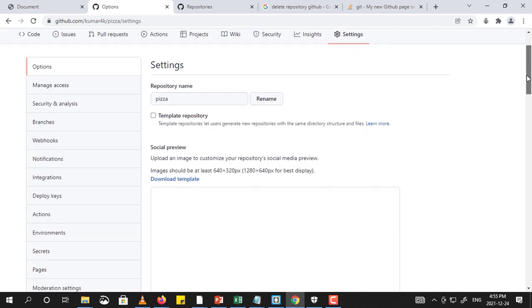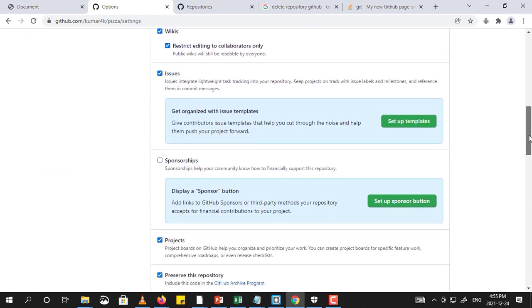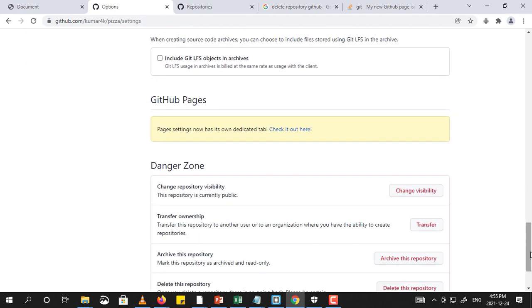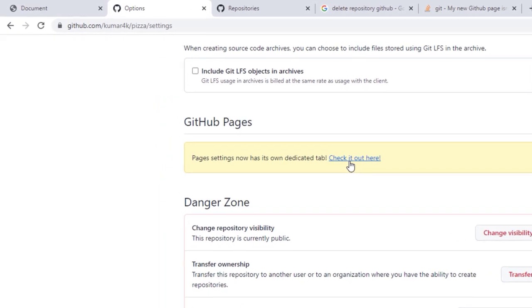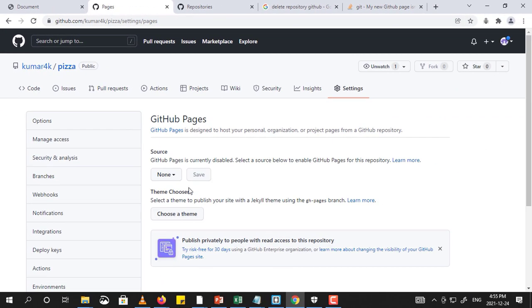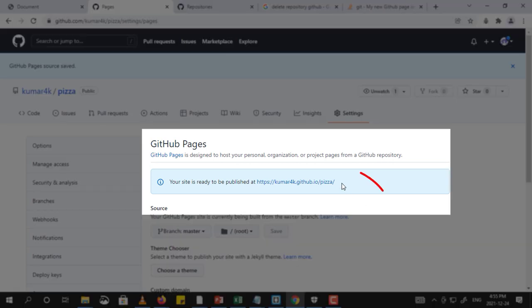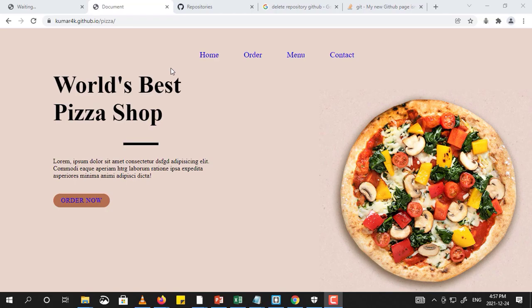Now when you scroll down, you will find one option, GitHub Pages. In first option, select Master, then Root and save the settings. Now you will be able to see the address of the web page. It may take some minutes. Now click on the given link and check if your page is up and working.